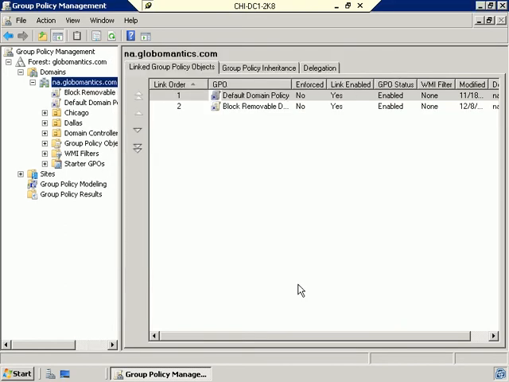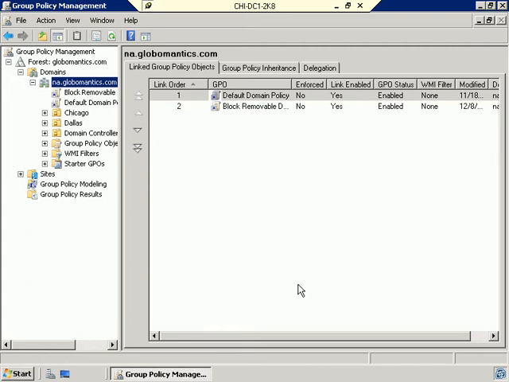And click OK. And now we've completed step one of the two steps that we have to do to make this group policy actually do something. Step one is we linked it. The next thing we have to do is actually set some settings. But before we do that, I want to show you another way of creating and linking a GPO all in